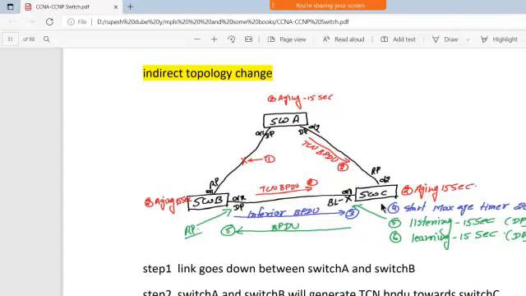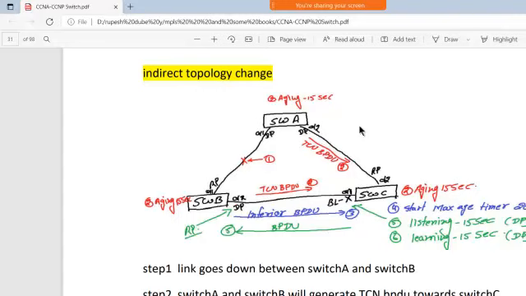But switch C understands that okay, let them send, let them announce all the things, it will just wait for the 20 seconds to confirm between switch A and switch B who will be the root bridge.